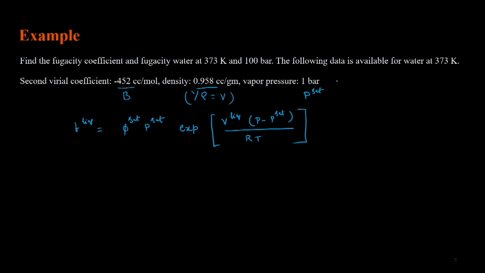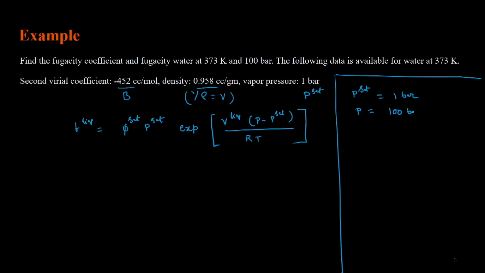P sat is given to us, so let's write what is known. P sat is given to us, it is 1 bar. P also is given to us, it is 100 bar. R is 83.14 bar cc per mole per Kelvin, and the temperature is 373 Kelvin. The volume of the liquid